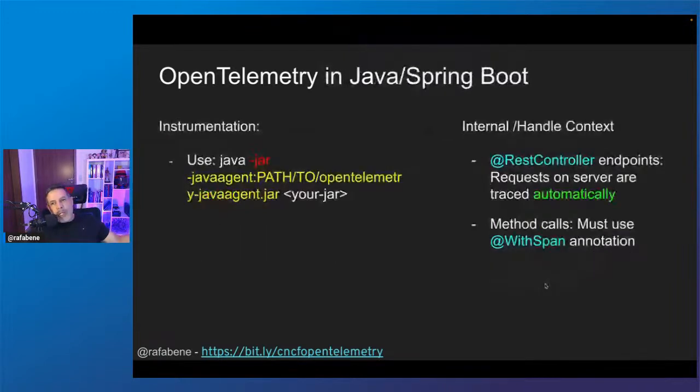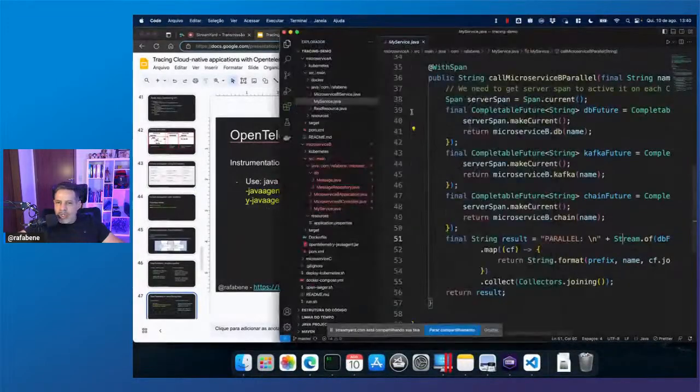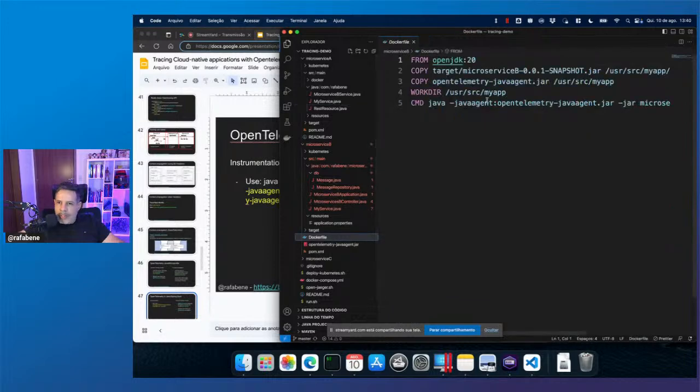If you are using a Spring Boot agent, it's really easy. You just need to use java -jar, use the Java agent, and the path to the OpenTelemetry agent. How so? You can look here in my Docker file. I have my microservice B from Spring Boot.